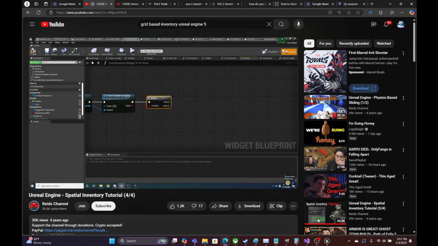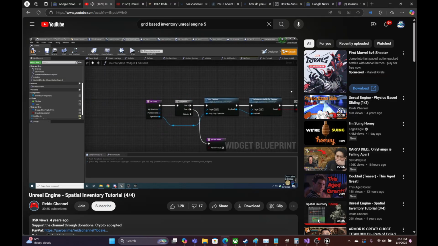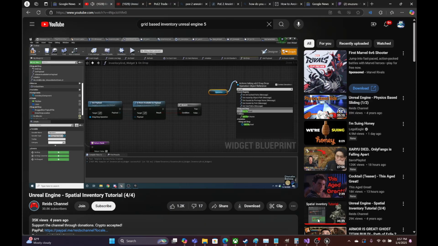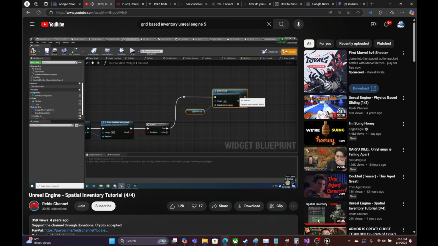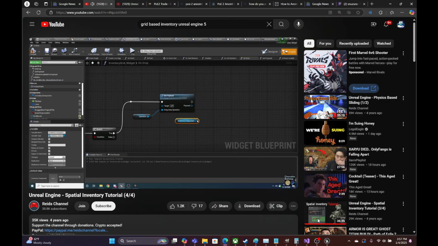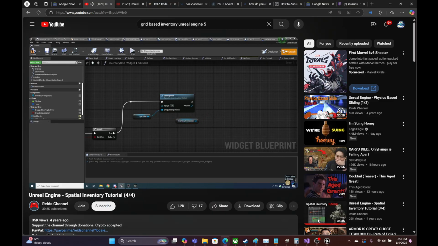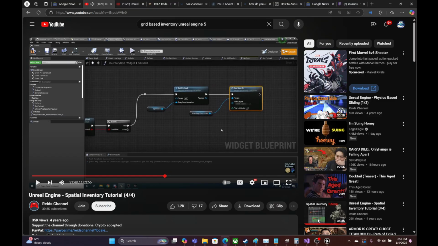So if room is available, then we can simply add the item to the inventory at the specified index, which is pretty easy. So we'll just right click and say get operation, and we will get payload from it, which is just our item object. Then we will say inventory component, add item at. Oh, maybe I made that function private by accident. Let me fix it so we can actually call it. So if you remember from before, this function is just assuming that you've already